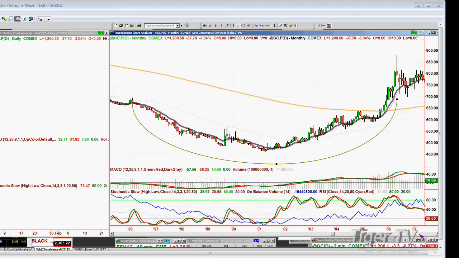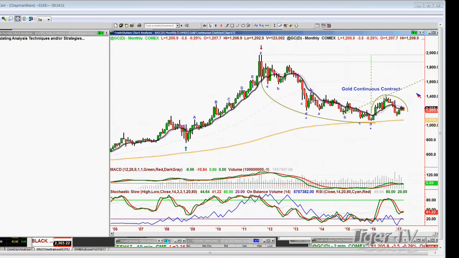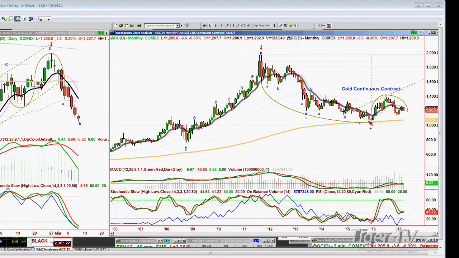Now, let's just do this with gold. If this is the same sort of thing right here, and you're starting to move up in a bold formation, this could be a spectacular move. But now this goes to 2016. Now I have to go to the current one, which is GC right there. And you can see that a lot depends on that arch formation holding the left side low. In this case, gold continuous contract of